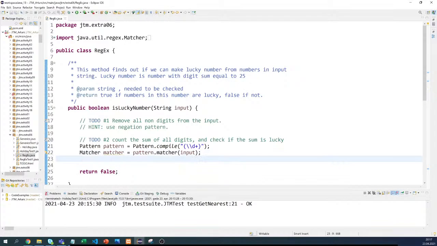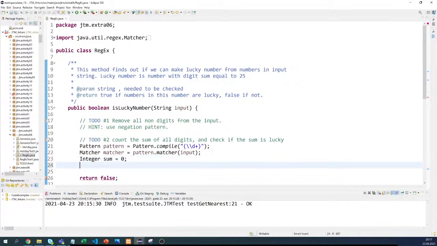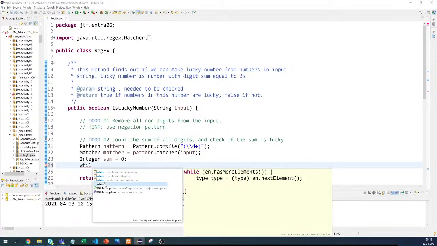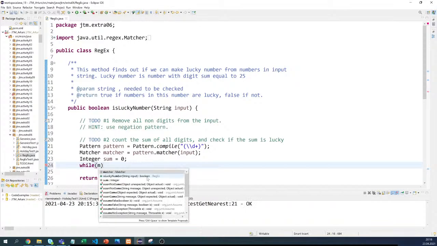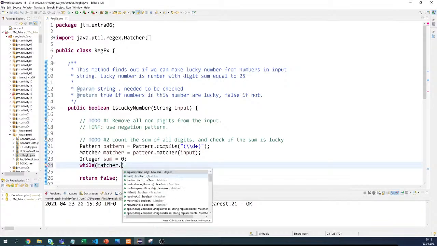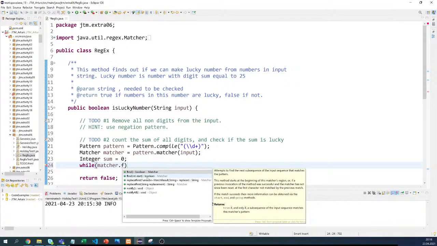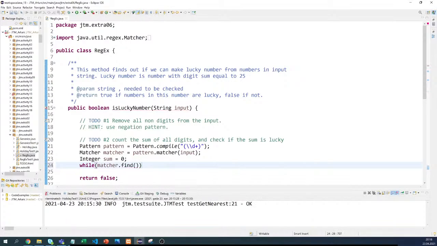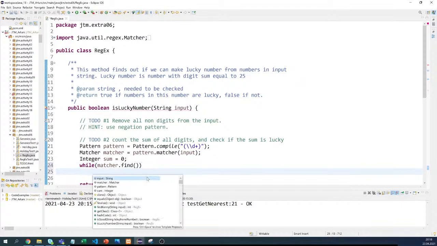Alright, so this is done here, and now we can find the sum of all the integers there, all digits there. So we can use such an iterator, called matcher find. So this will actually find all the matches, and we can